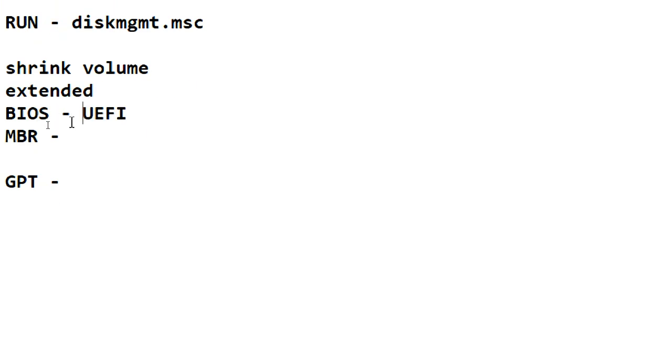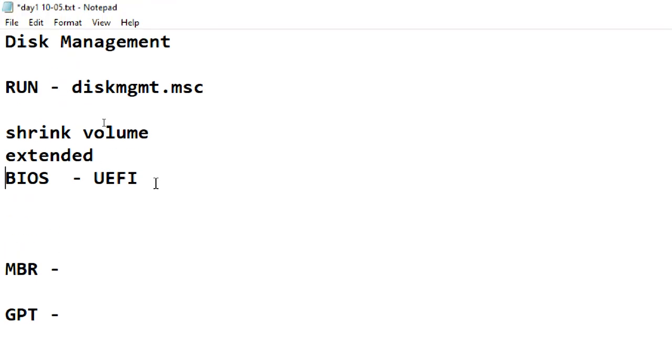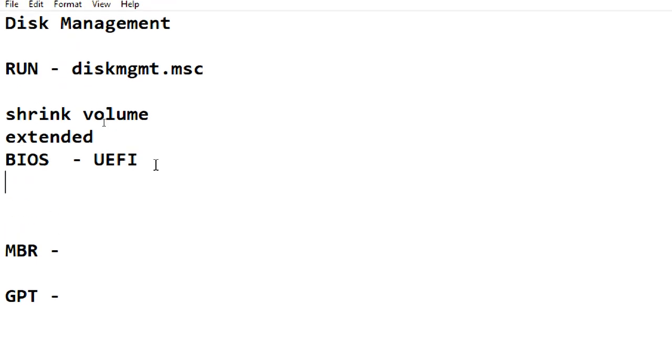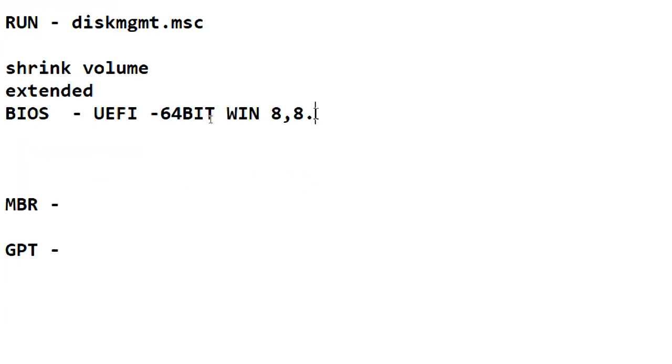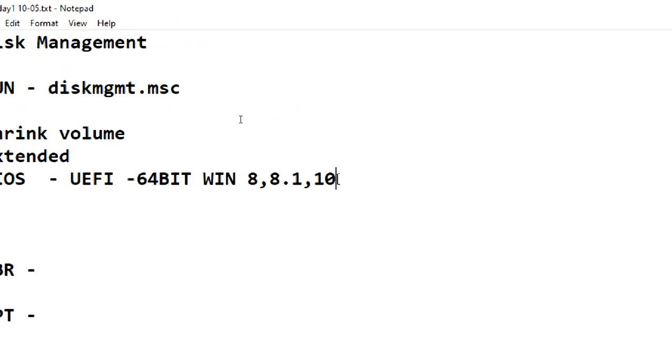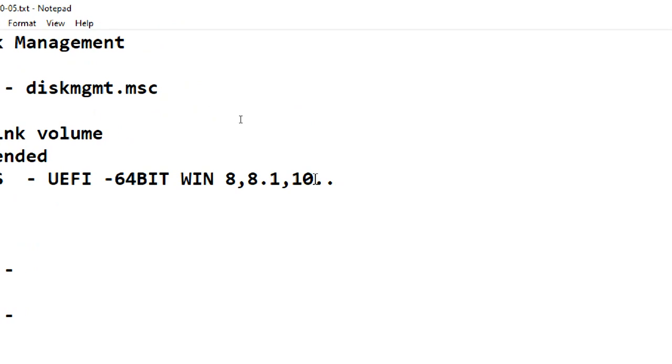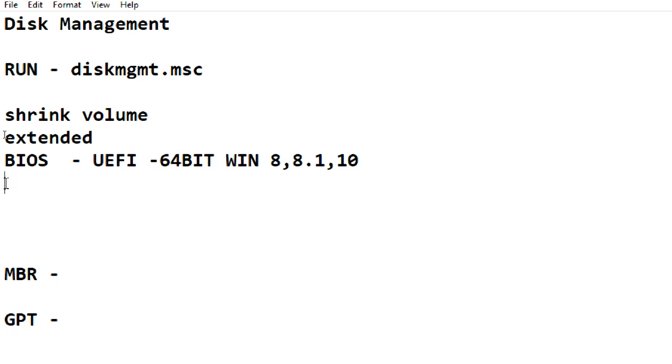Okay. So usually BIOS supports all kinds of hardware, 32-bit and 64-bit operating systems. But UEFI is a newer version. Currently, as we know, it only supports 64-bit hardware. Most of the new hardware is 64-bit only, and certain operating systems like Windows 8, 8.1, Windows 10, of course, servers, and the latest Linux versions only will support it. Okay.